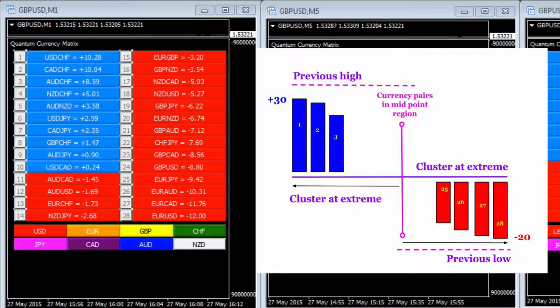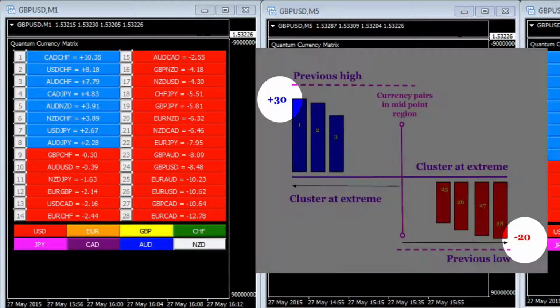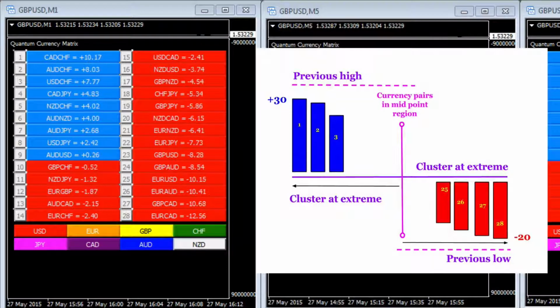Suppose that in one time frame we have +30 in position 1 and -20 in position 28. Here we have some divergence, as the two numbers should be relatively close in size to one another. In this case, 20 is quite a long way away from 30, and therefore we might reasonably expect that the negative number move closer towards the size of the positive number and close the gap, if you like, moving from -20 to -30. In other words, this is revealing some weakness in the bearish sentiment, which may catch up in